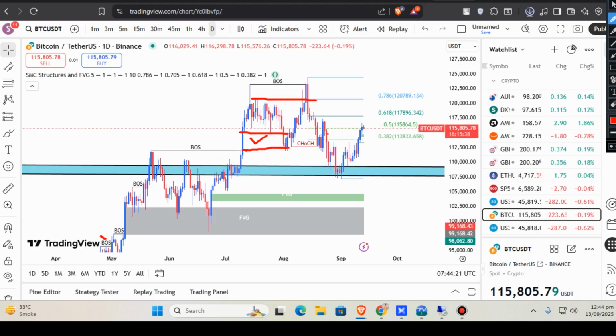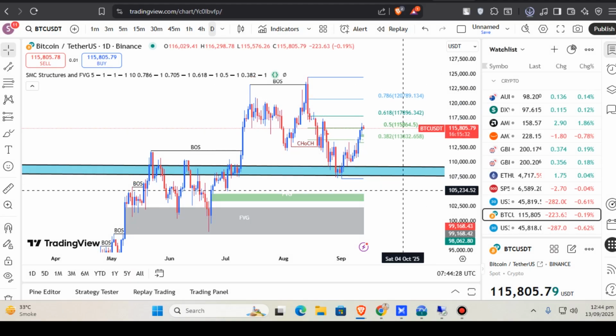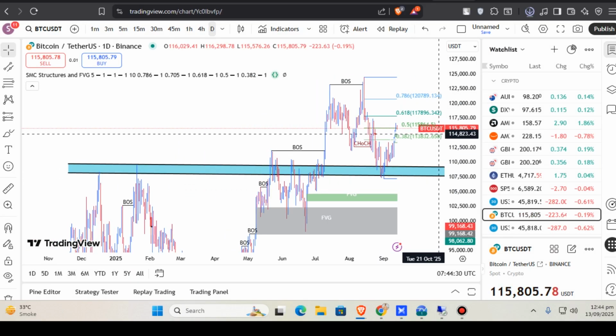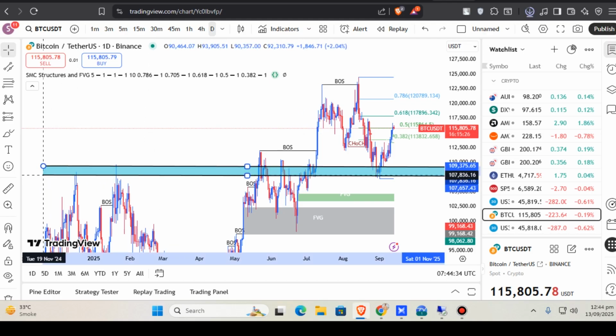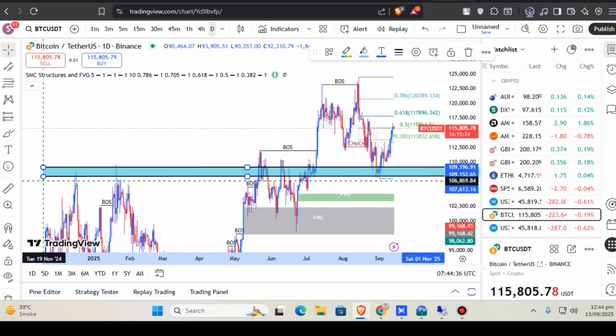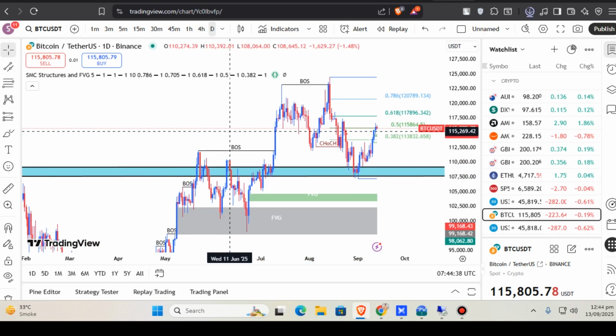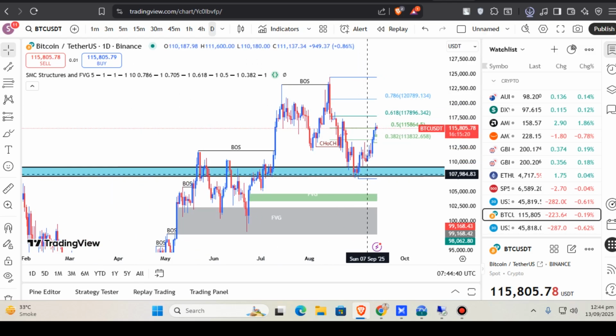So you can see that consistent break of structure on the upside is happening, which means that it has very bullish pressure. Also there was a major support area at this point, so the market perfectly retested that area and is now moving towards